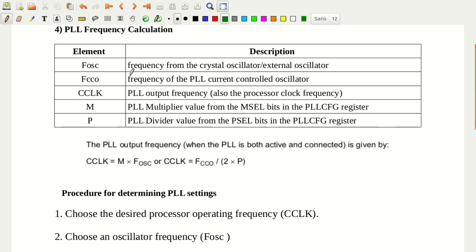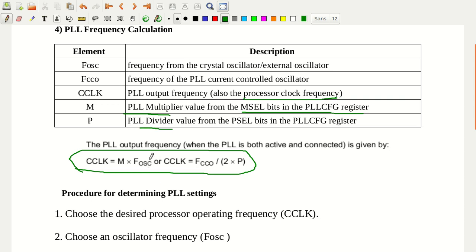So PLL frequency calculation, this is the formula for it. As you can see, CCLK is the PLL output frequency, also called the processor clock frequency. M is the PLL multiplier value, which you get from the M cell bits in the PLL configuration register as we discussed just now. And P is the PLL divider value.